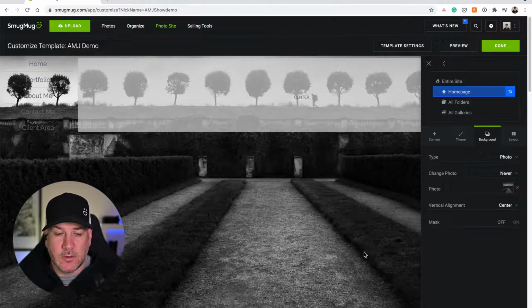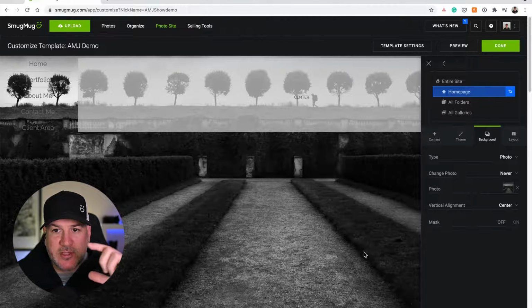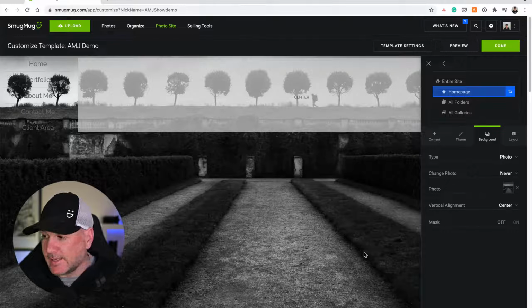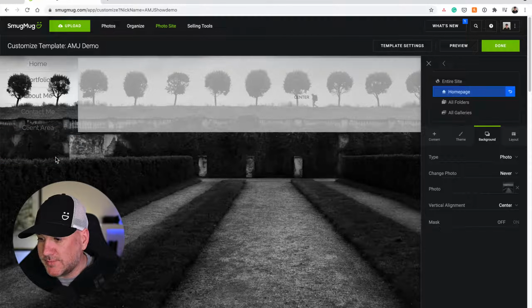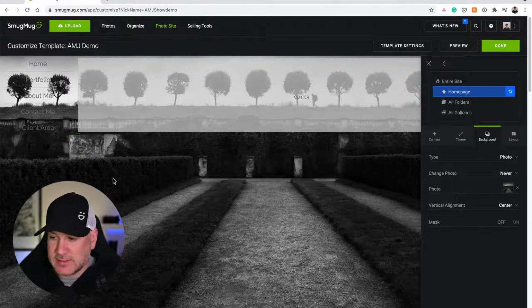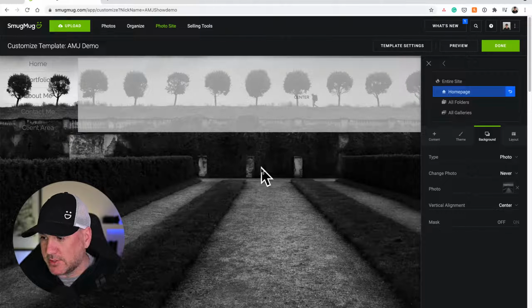We are aware of what type of device, whether it's a mobile phone, a tablet, or a laptop. We know what size screen they're looking at your website with, and we can fill that entire screen with your image. Now, something you may notice from a design perspective, this doesn't work very well because this image is very